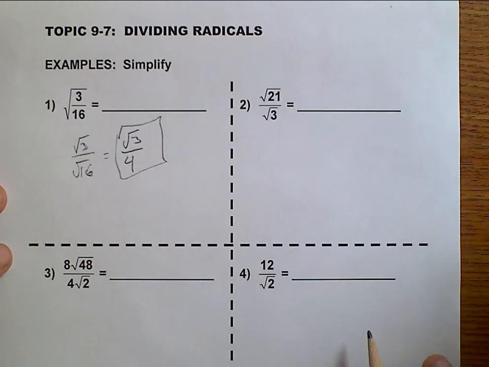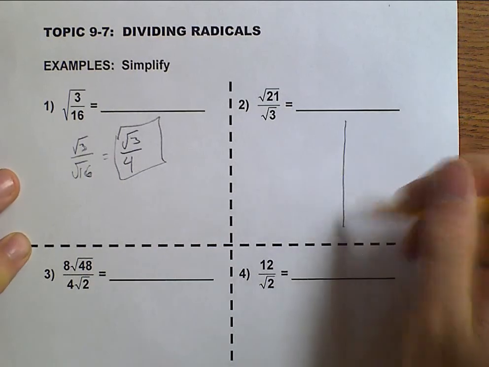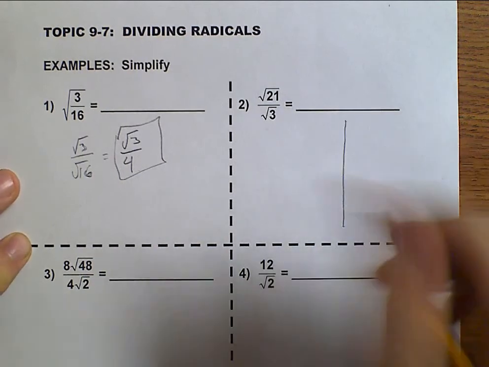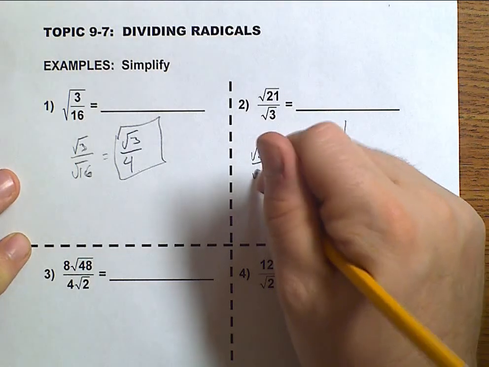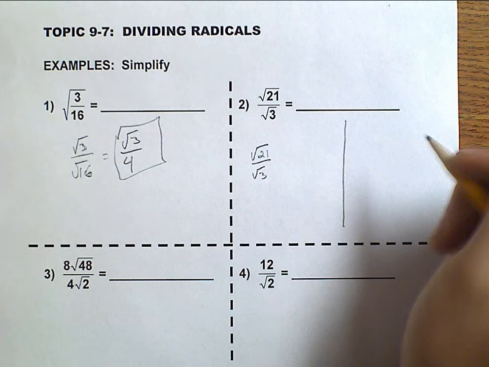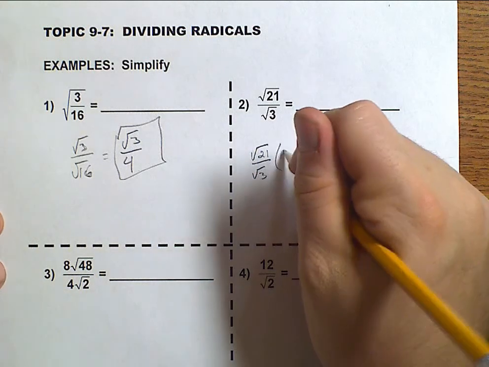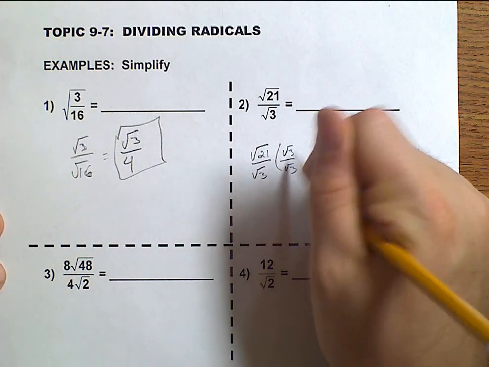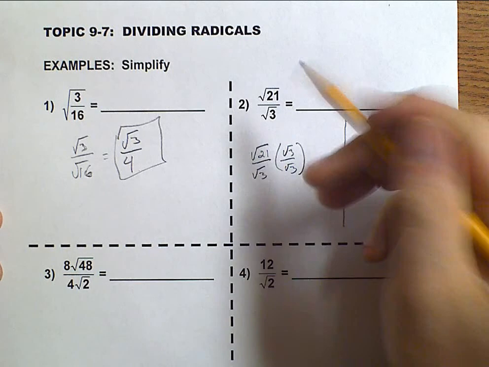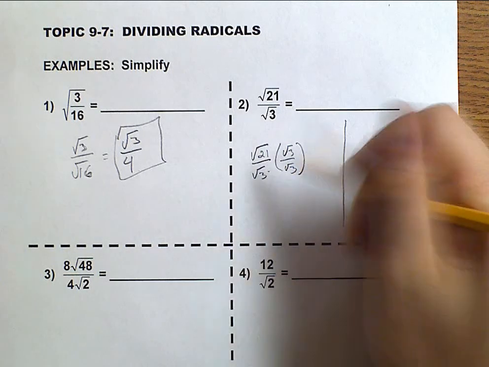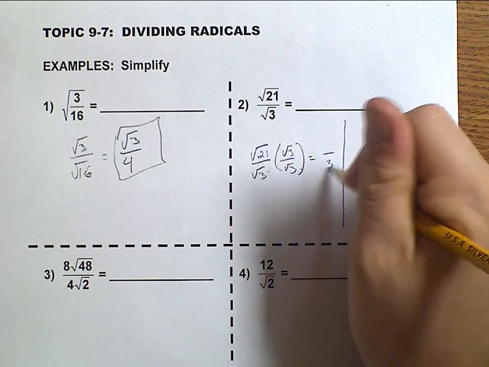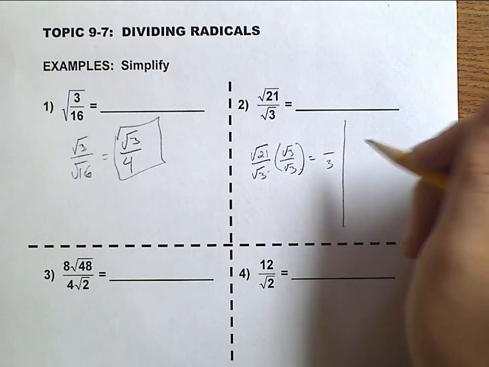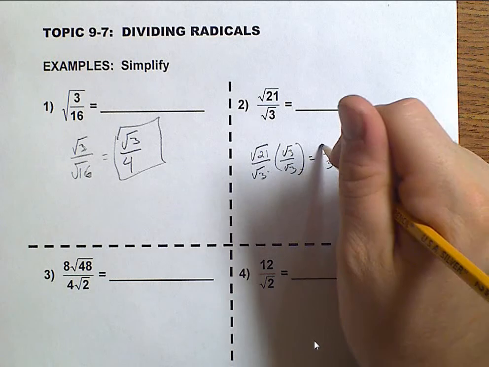Now there are a couple of ways to work this. I want to go ahead and split this in half so I can show you both ways. The first way is the way I generally go to first. I will look at this and go, well, I need to multiply by the square root of 3 over the square root of 3 in order to get rid of this radical on the bottom. Because I know that the square root of 3 times the square root of 3 is just 3. And on top, this will give me